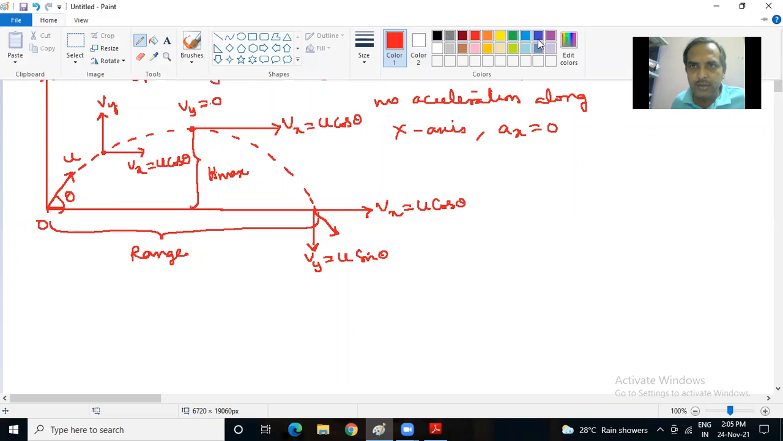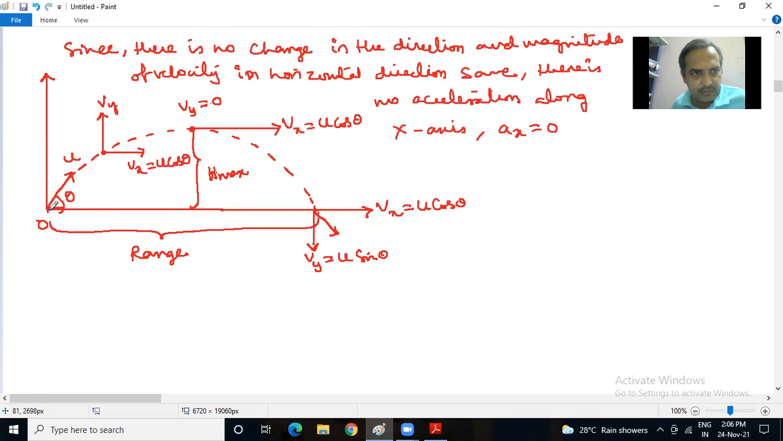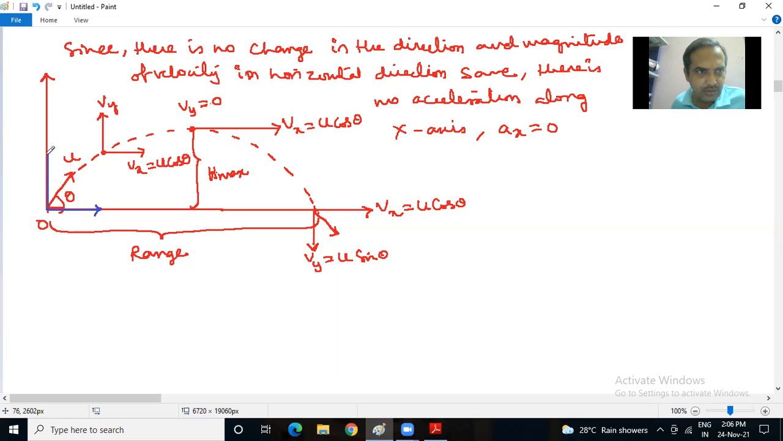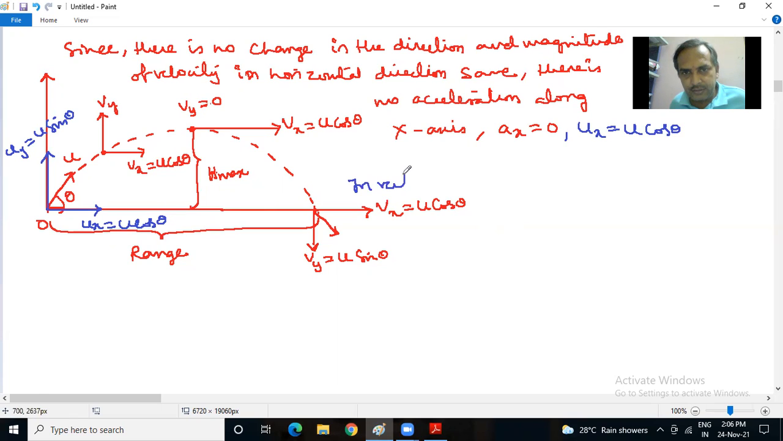Now the initial velocity is resolved into two components because the projectile is moving in a plane. Uy is equal to u sin theta, ux is equal to u cos theta. So ax is 0, ux is u cos theta. So this is in the horizontal direction. In the vertical direction,